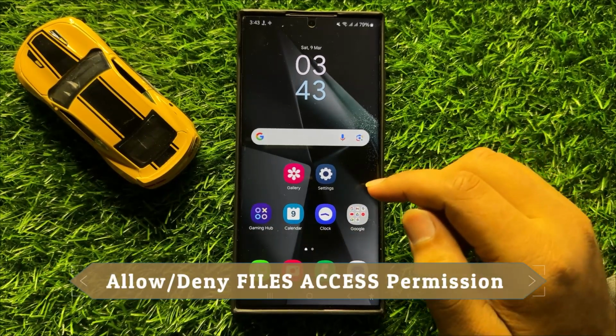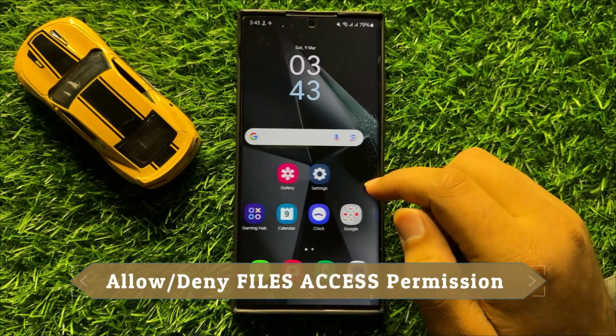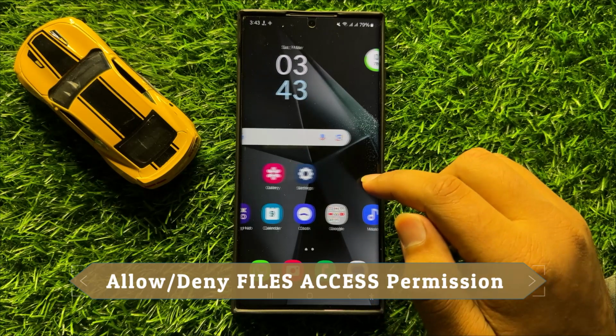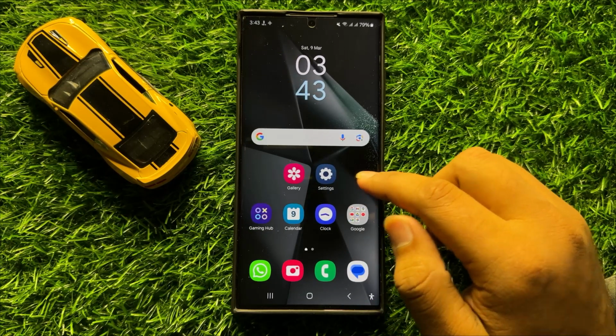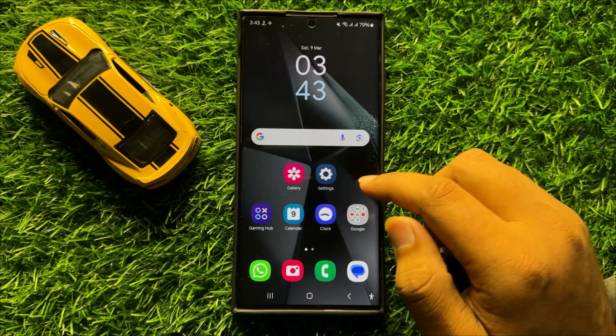Hello everyone, in this video I will show you how to allow or deny files access permission in Samsung Galaxy